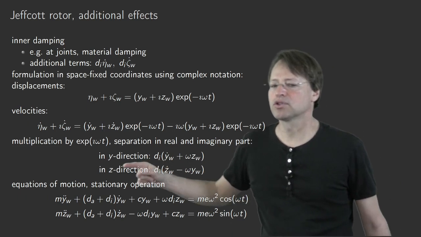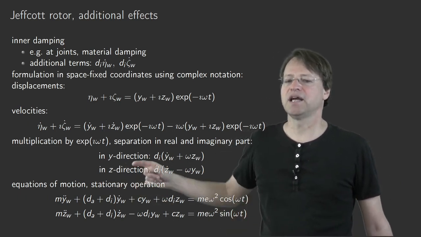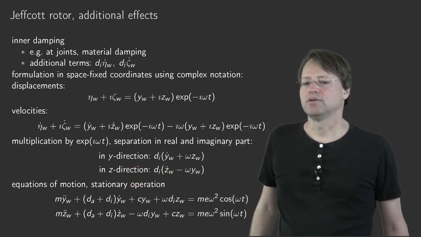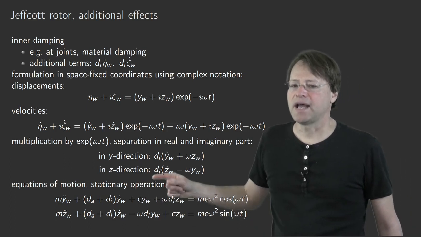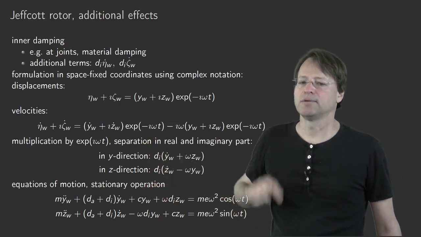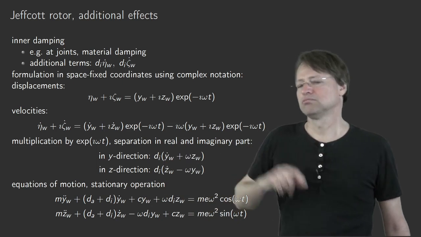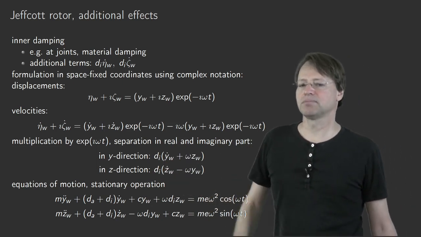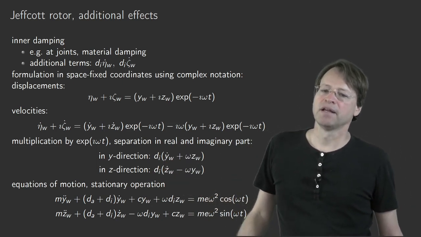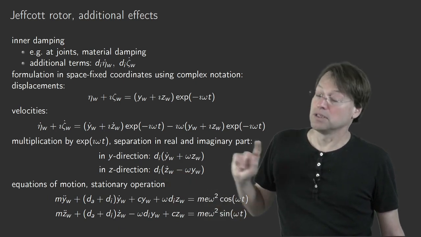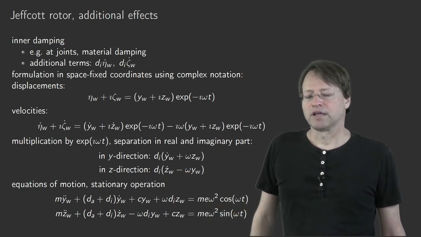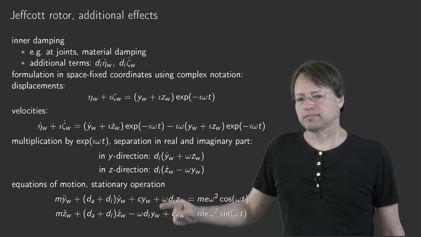We have the contribution from the external damping, d sub A y dot sub W. We add up the contribution in y direction of the inner damping, so we just enlarge the coefficient by an additional d sub I. And finally, and this is the important contribution, for the stiffness term, we have on the